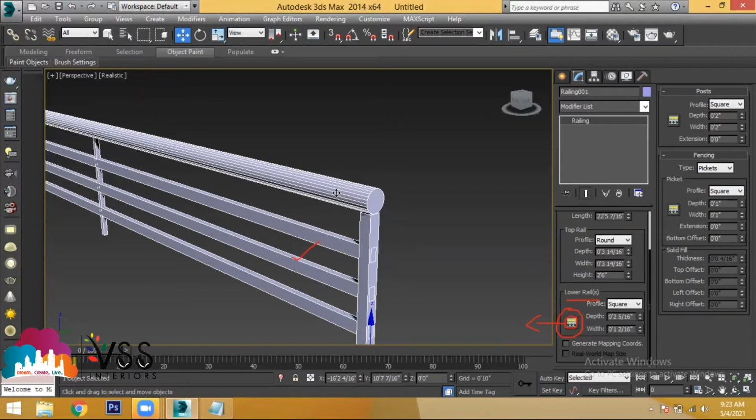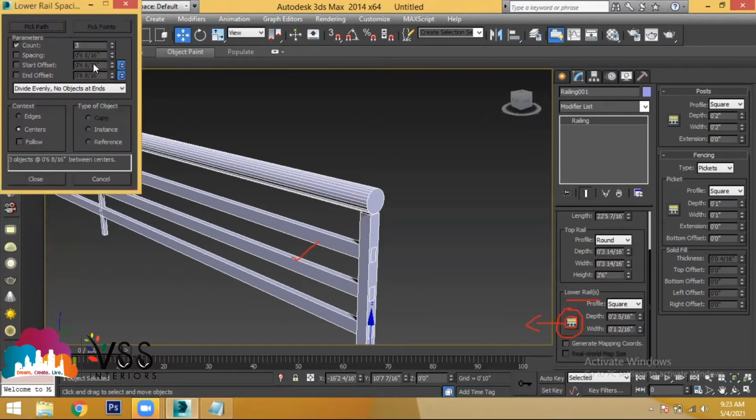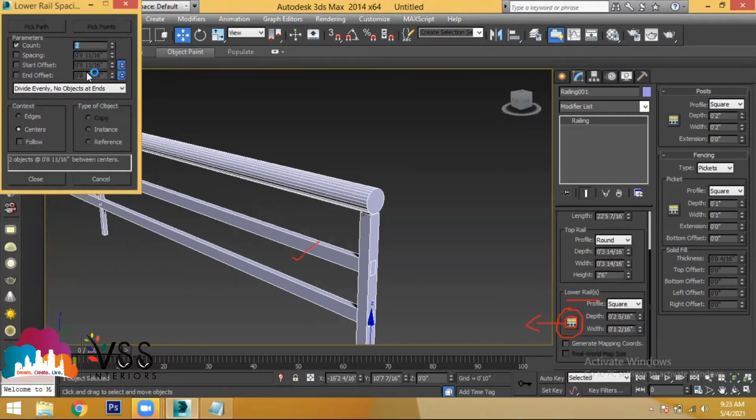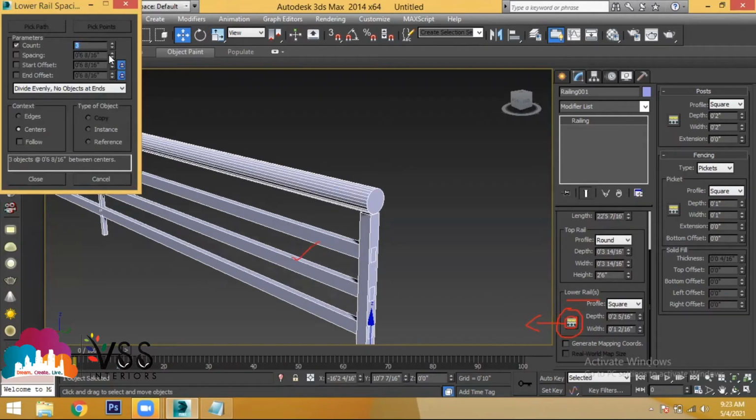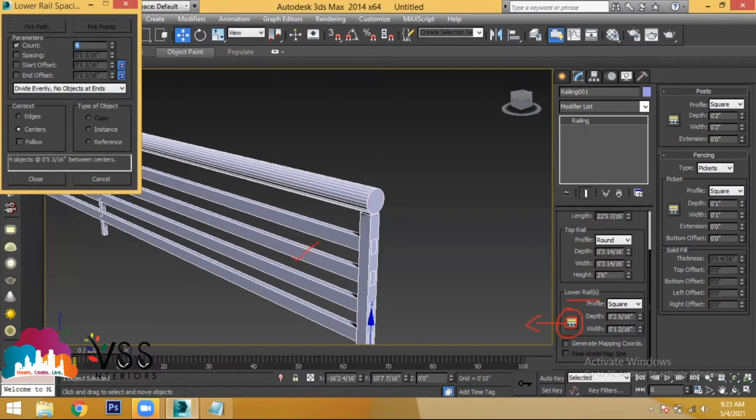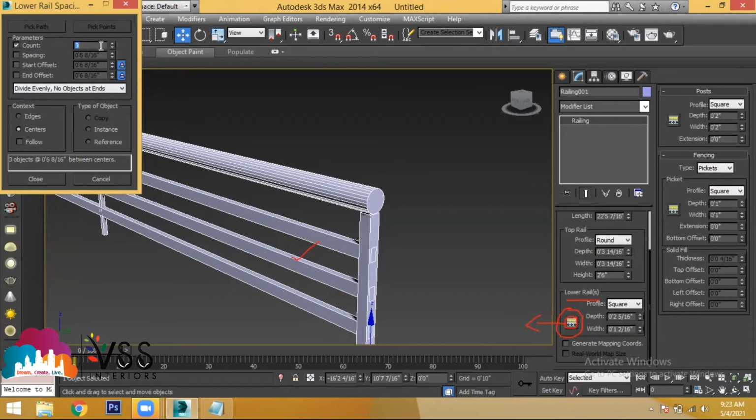But you can't add multiple top rails. You can only add a number of lower rails. Depending upon the requirement, you have to provide how many lower rails you need. That depends upon your requirement. It is not mandatory that you have to use only 3. You can also use 2, or you can also use 3, or you can also use 4. It depends upon your requirement. You can use as many rails as you need for the bottom rail. Is that clear? Done with this?